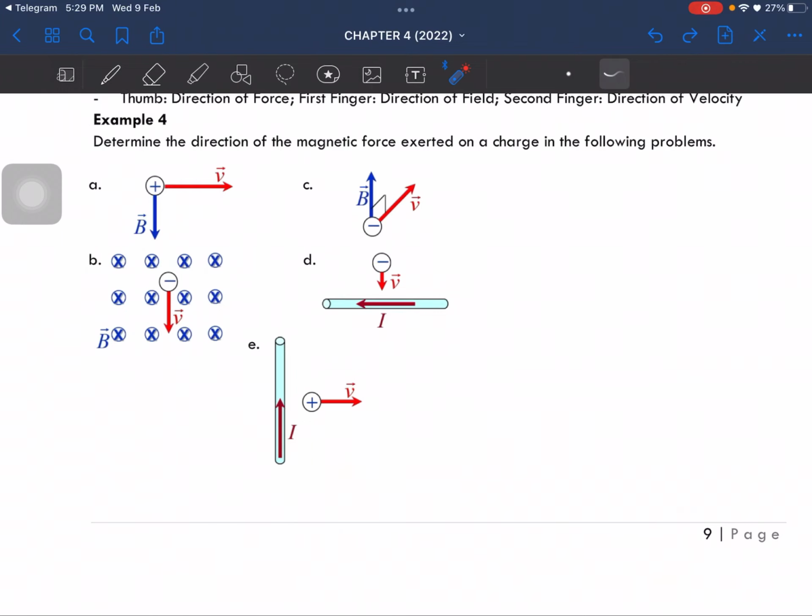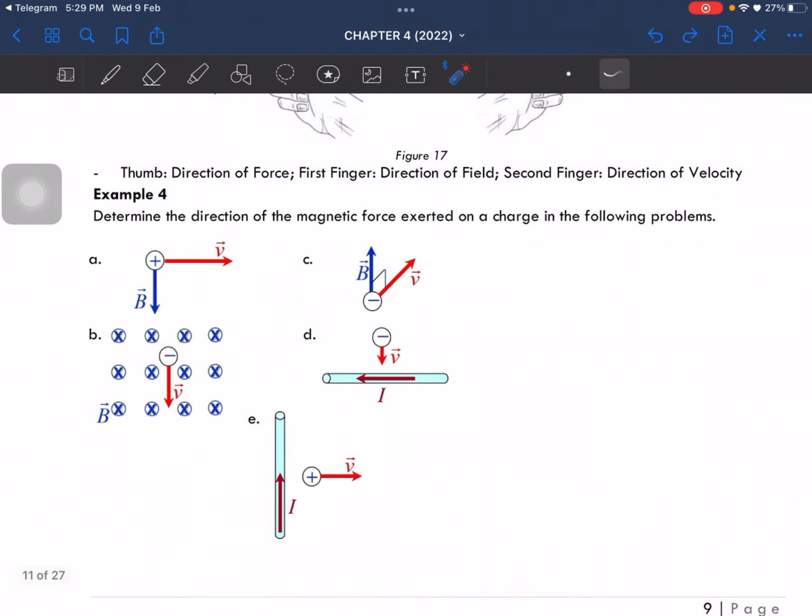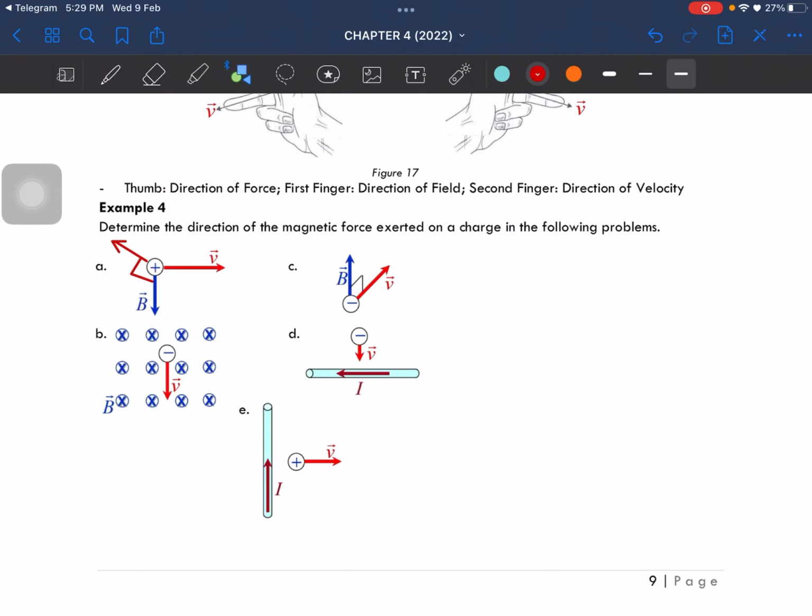So our middle finger will be pointing to the right, and our pointing finger will be pointing down. So the force will be going into the page. So I'm just gonna draw into the page. How do I draw it to be into the page? Like that, can? I'm gonna draw it that way, but it is perpendicular to the magnetic field, so it